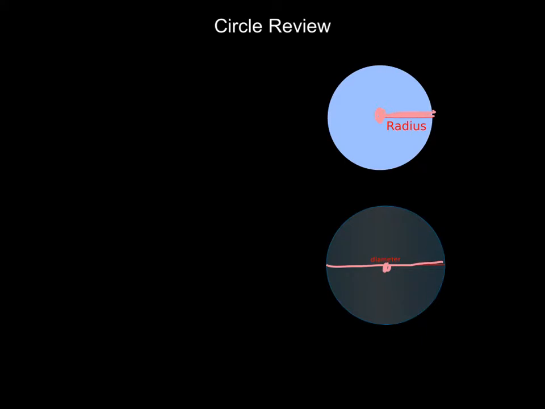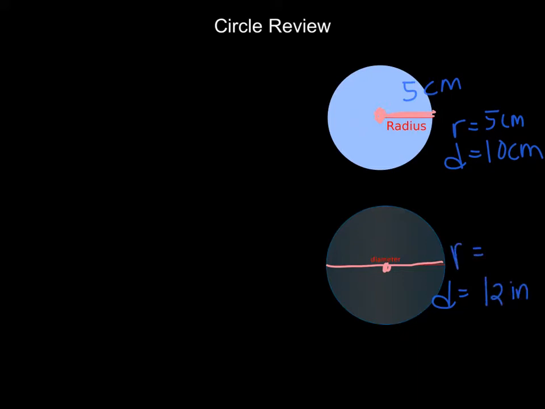So, for instance, if this circle were to have a radius of 5 centimeters, we use the letter R for radius, that would mean that its diameter would have to be 10 centimeters. And if the diameter of this were 12 inches, that would tell us that the radius would have to be half of that, so 6 inches. So it's really important that we know how to get from the radius to the diameter and from the diameter